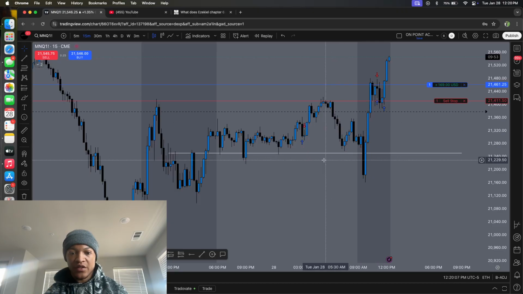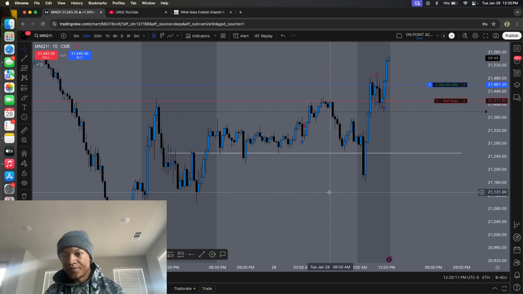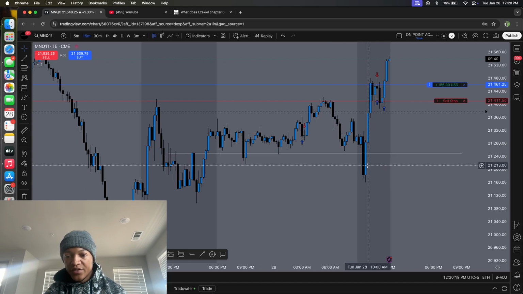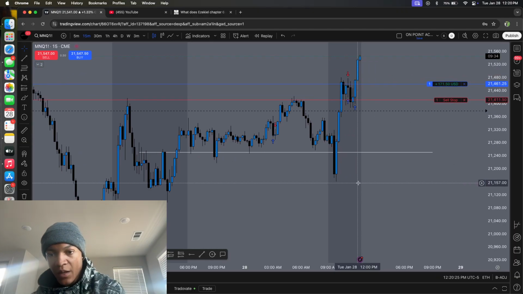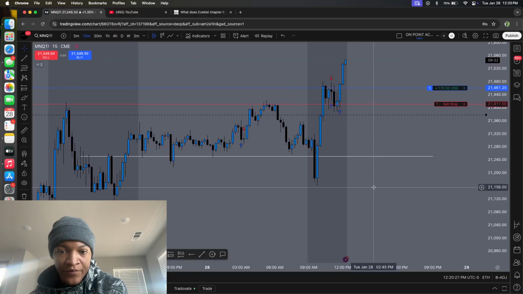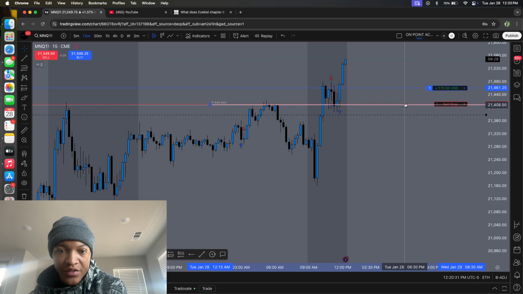And so what I was looking for this morning, which I didn't wake up until roughly around 10 a.m. Eastern time. So I missed the move. 10 a.m. was already here, so around the time I woke up, the move was already taking off. So my second option was to look for another area where I could potentially find an entry. And so I used this area here